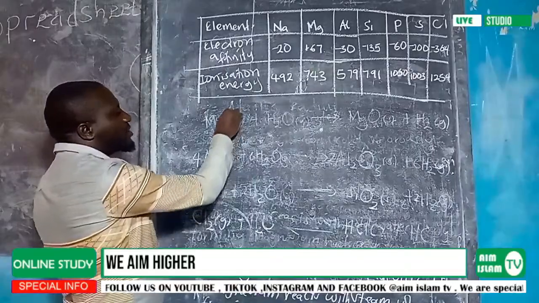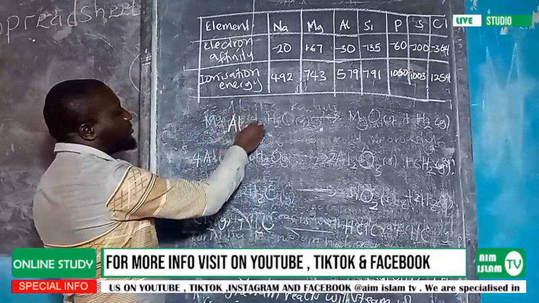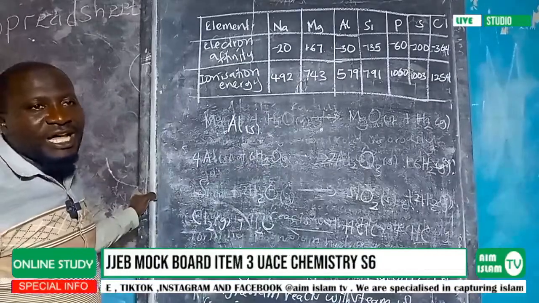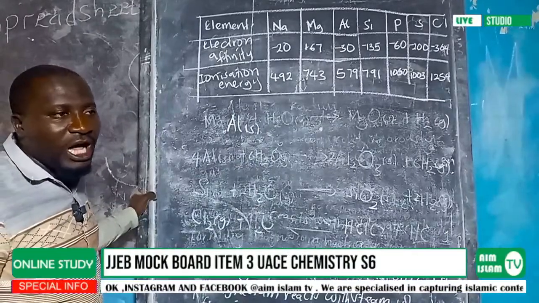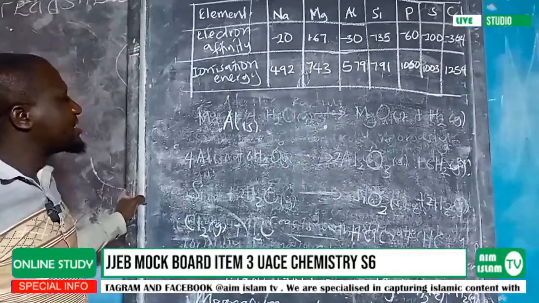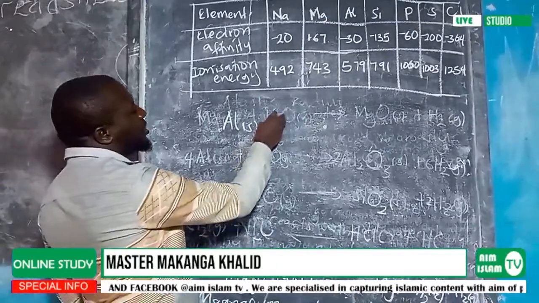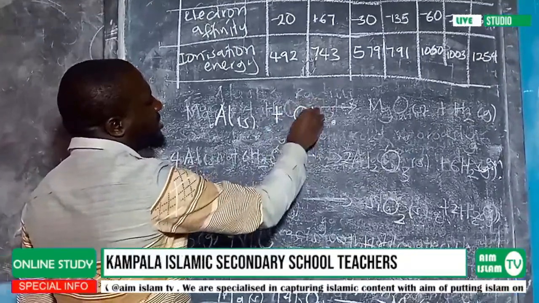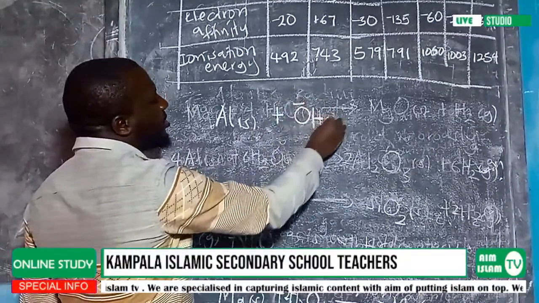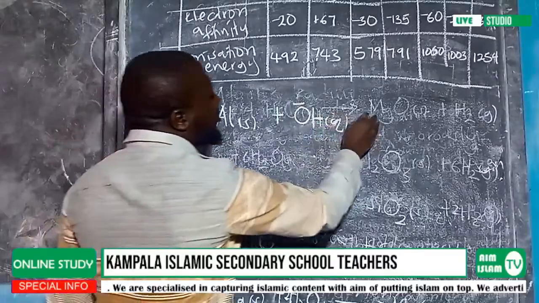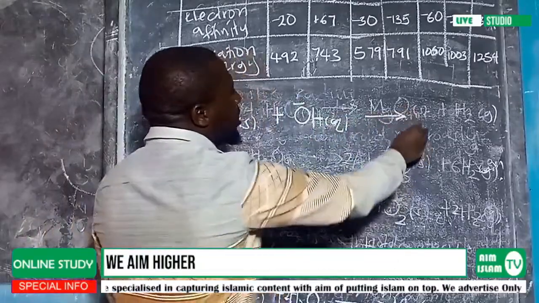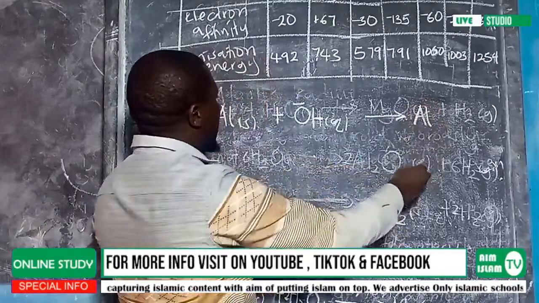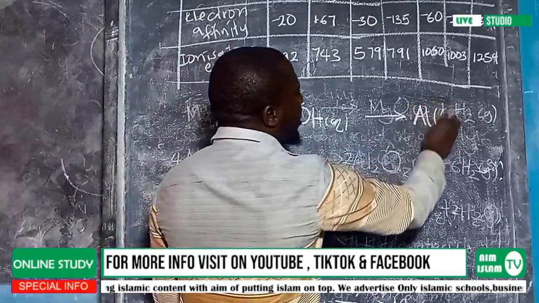When you have aluminium, it reacts with both dilute and concentrated alkali, forming the aluminate. So here you can write that this one reacts with sodium hydroxide, whether it is concentrated or dilute. Both of them react. And then here you will form your aluminate. Aluminate is Al. Then here